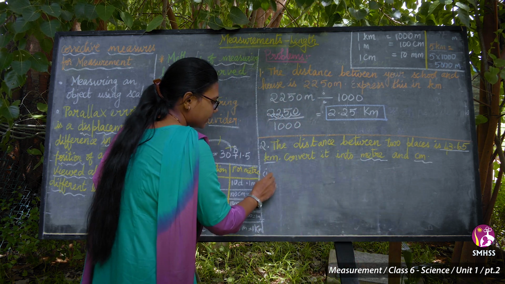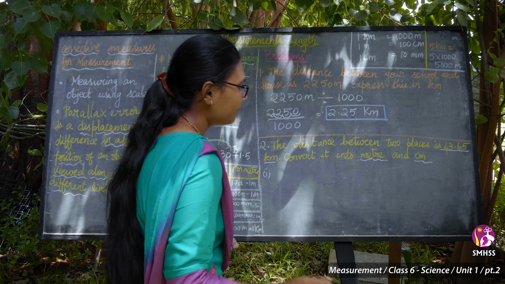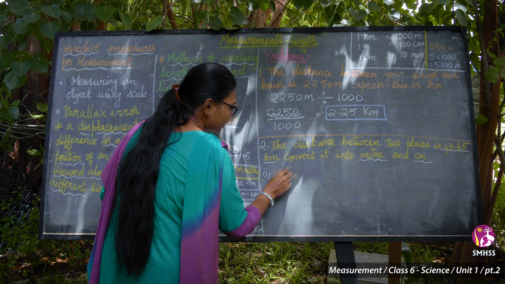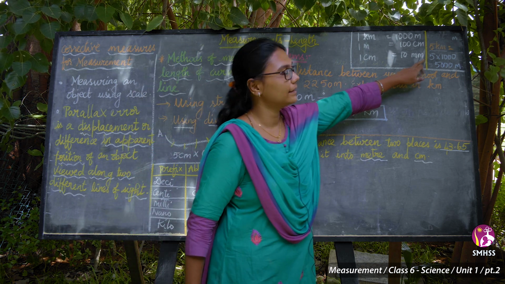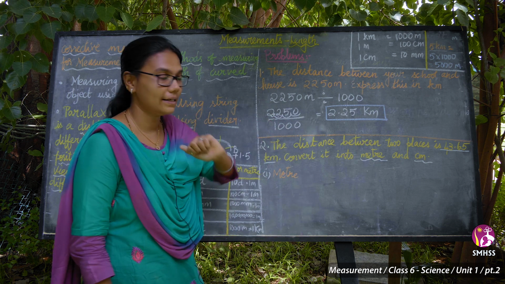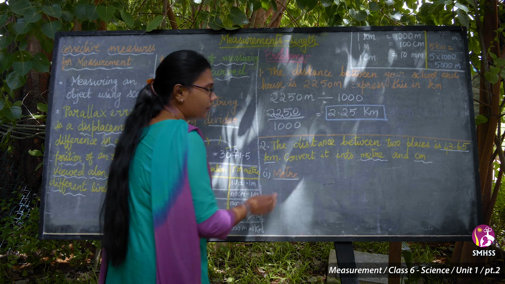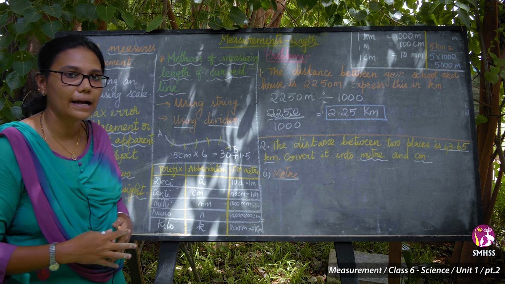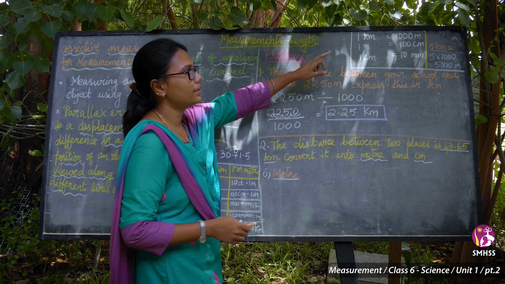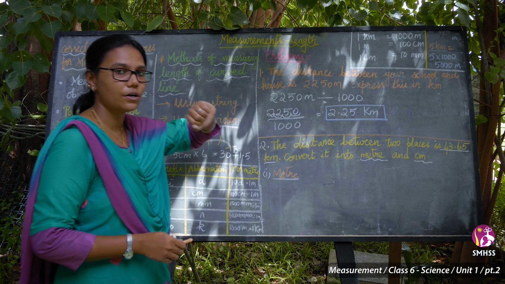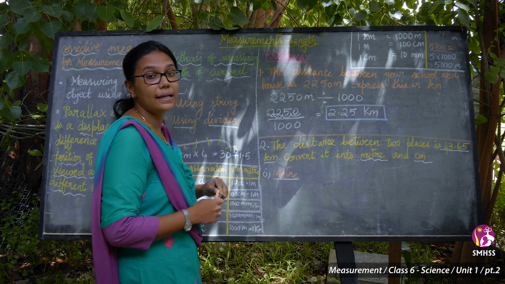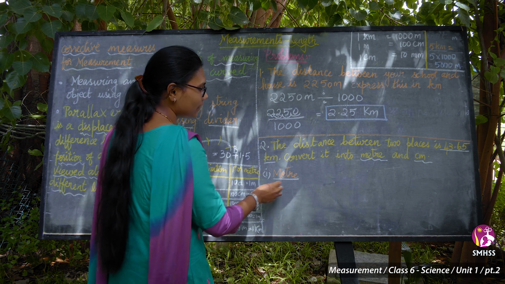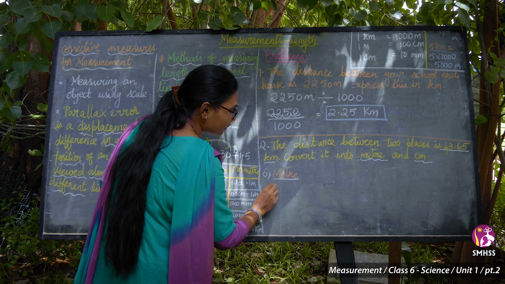First I am going to convert it into meter. When converting kilometer to meter, what did I say here? You have to multiply. Yes, very good. How much amount do you have to multiply by? 1 kilometer is equal to 1000 meter. So you have to multiply it with what? Yes, with 1000.